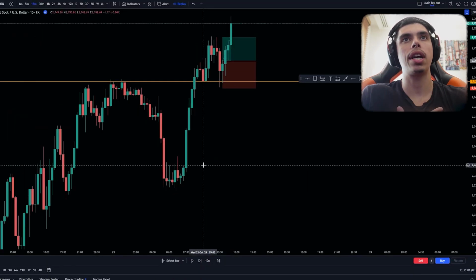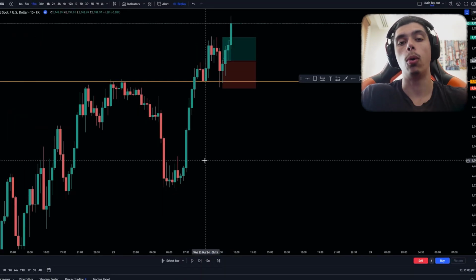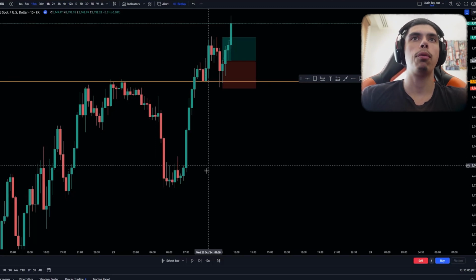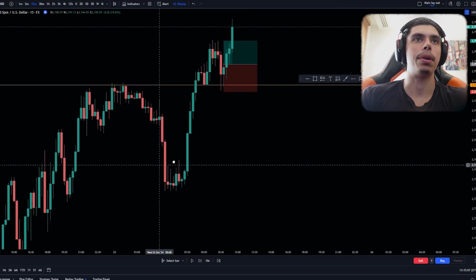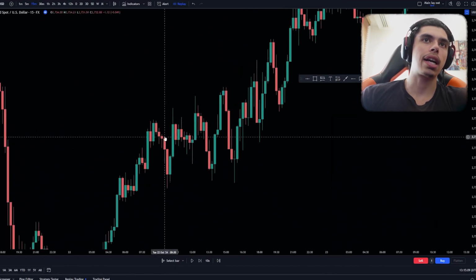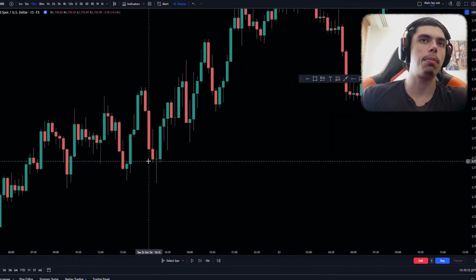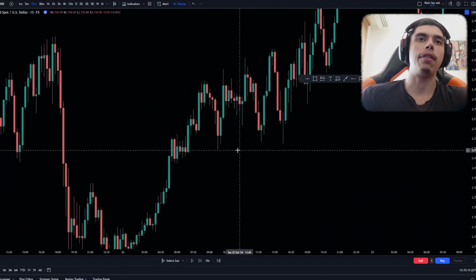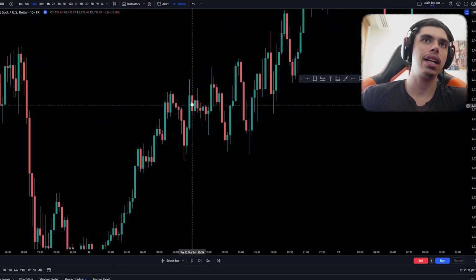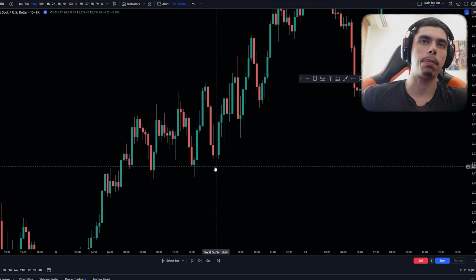Now, for me, I love to take pullbacks on the 15-minute time frame, the lowest time frame possible here. What we need for a pullback is clean candles to happen. The pullback can't happen choppy. It can't be a pullback that looks like this. This is going to be no good. We need it to be clean. If you notice, every time a pullback is clean: clean move up, clean pullback, clean move up, clean pullback, clean